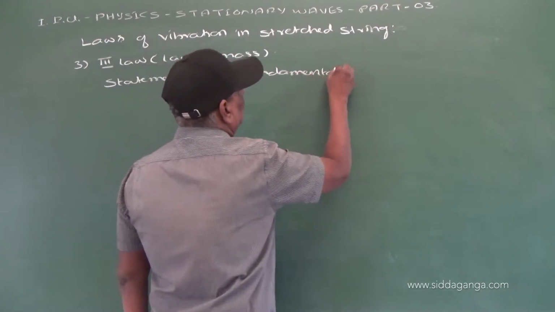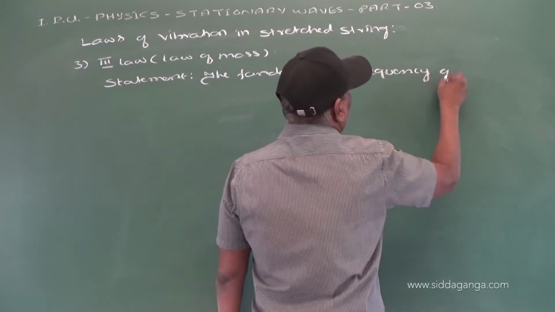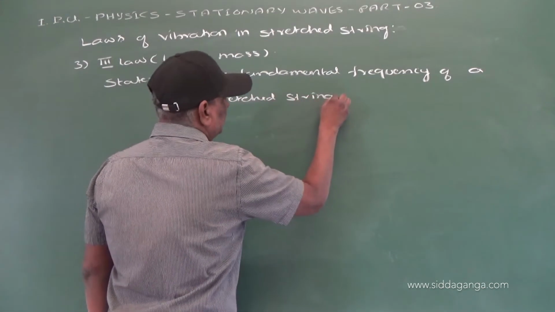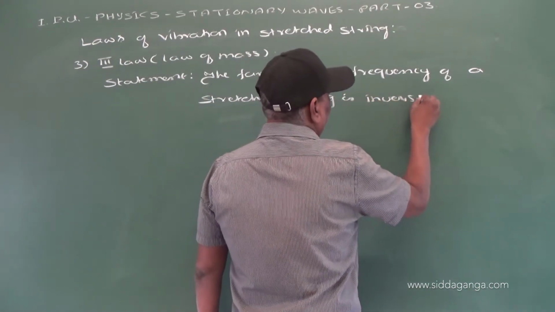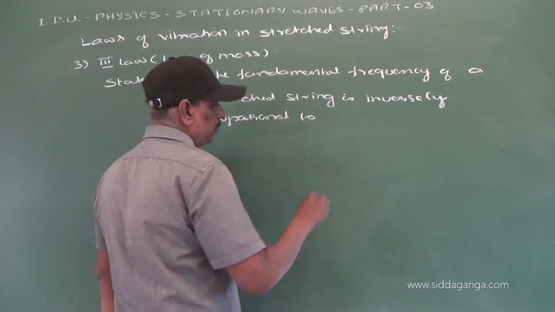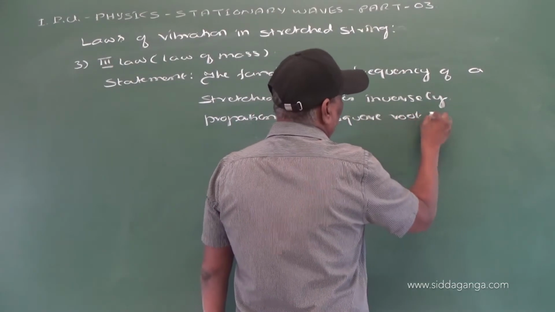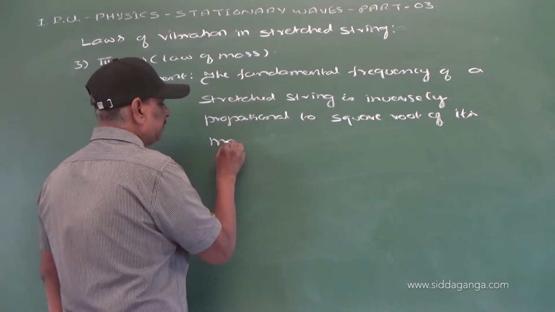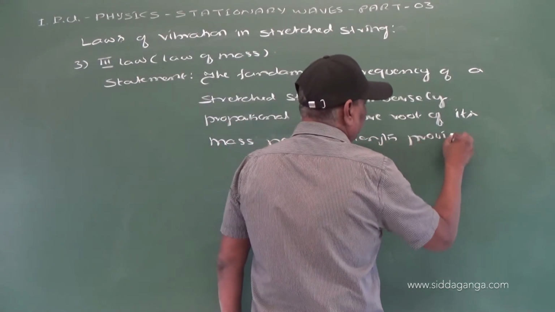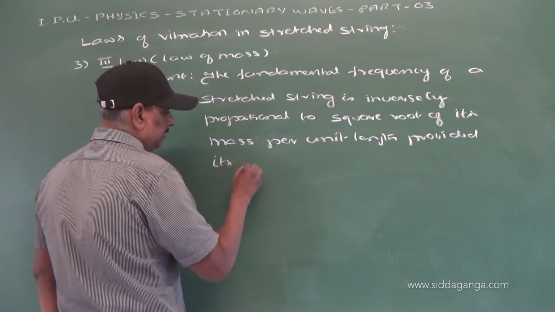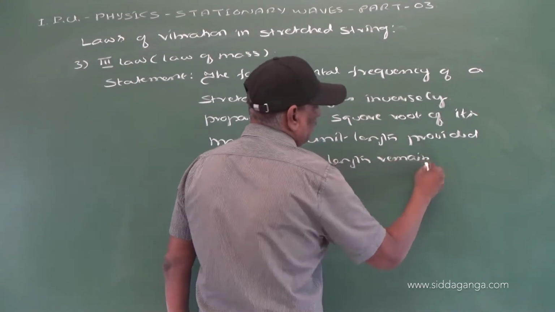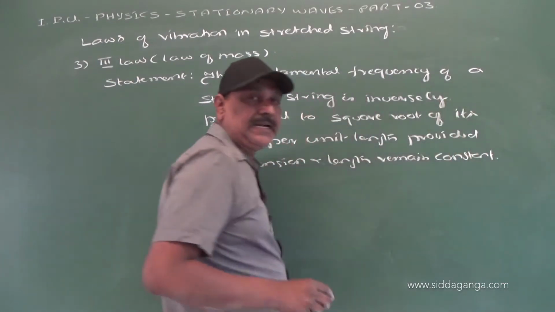The fundamental frequency of a stretched string is inversely proportional to square root of its mass per unit length provided its tension and length remain constant, that is